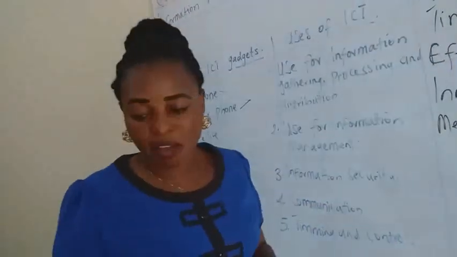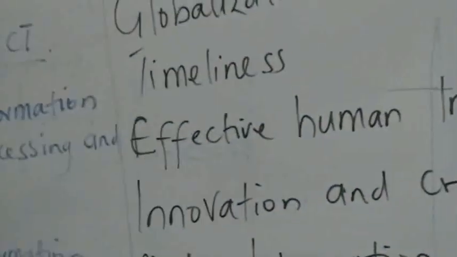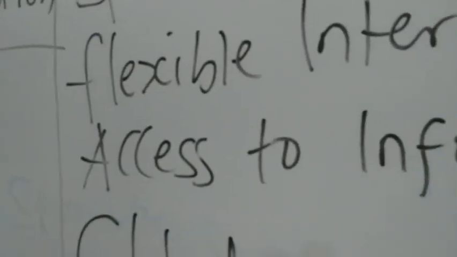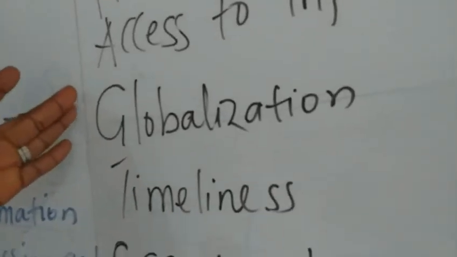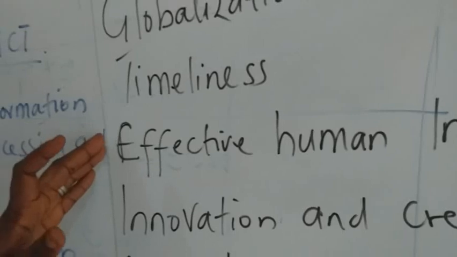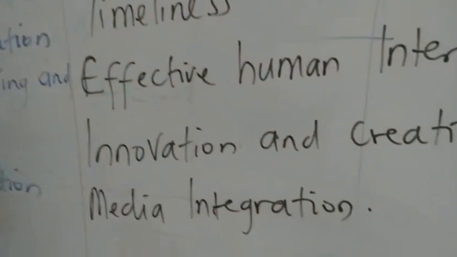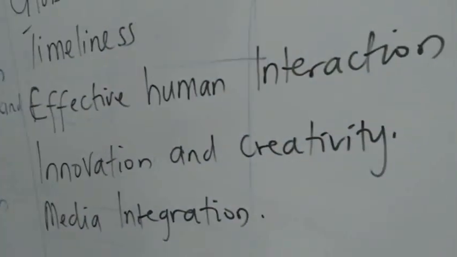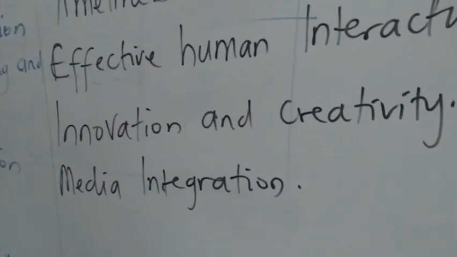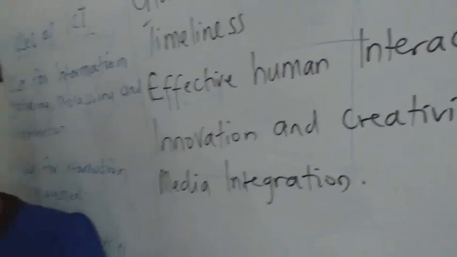So ICT has affected the human society positively in all of these ways. Number 1, speed. Number 2, flexible interaction. Number 3, access to information. Number 4, globalization. Number 5, timeliness. Number 6, effective human interaction. Number 7, innovation and creativity. And number 8, media integration. Now you accept with me that